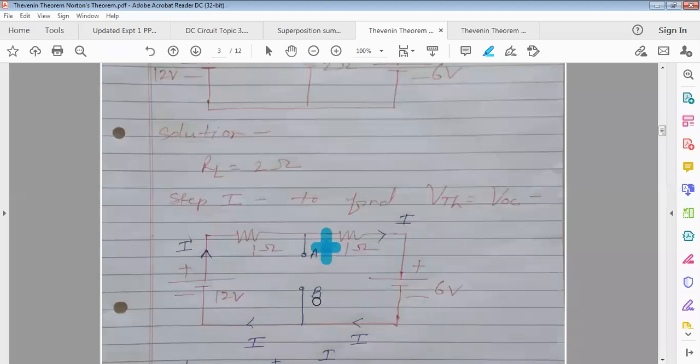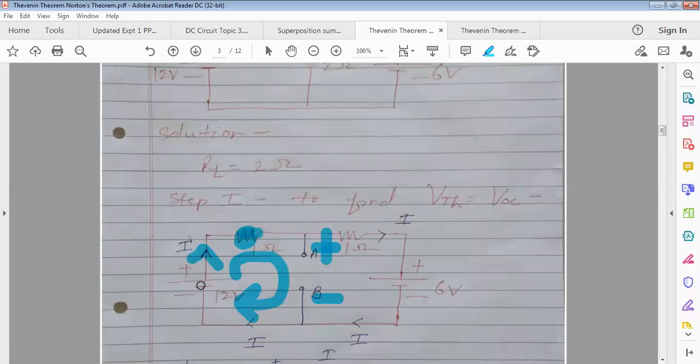This one I can form here, apply here KVL. 12 volt voltage drop across this and VAB. If I form the KVL equation, in this KVL equation, how many are the unknown parameters? VAB is unknown. What is the voltage drop across this 1 ohm? Suppose this is the current I am representing I. So 1 I and 12 means two unknown parameters are there, isn't it? With two unknown parameters and one equation, you can't simplify it.